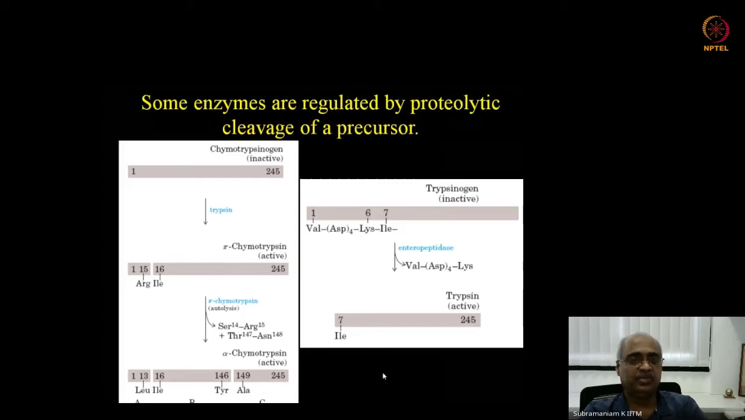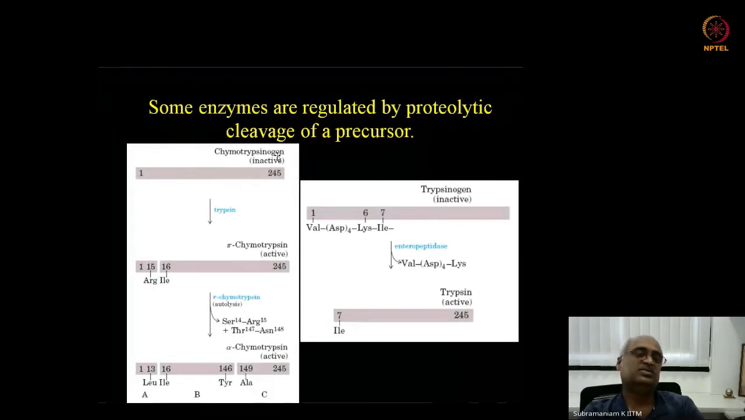Another way of regulation is that enzymes are usually produced as a longer polypeptide than the active form. So a part of the polypeptide, usually the N terminus, gets proteolytically cleaved. For example, chymotrypsin is produced as chymotrypsinogen. Precursor forms that are inactive are often named by this addition of gen: trypsin, trypsinogen. Once it is cleaved by an active version of the same enzyme in this particular case,